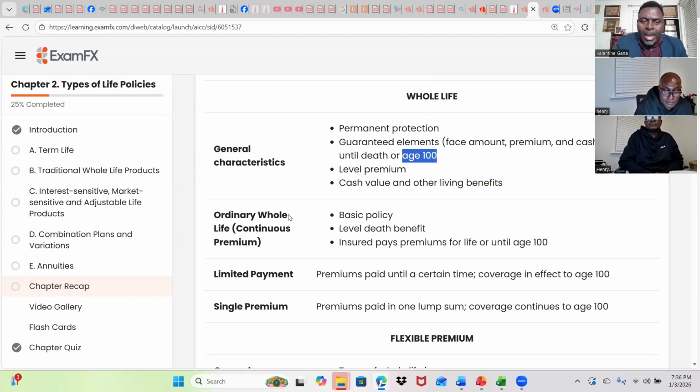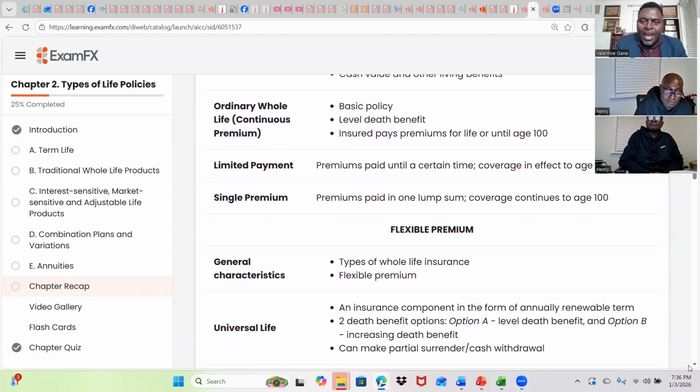So there's what we call ordinary whole life. Again, these are just variations of whole life. So you're not going to have any question on ordinary whole life. There's something called limited pay whole life. Sometimes you have a whole life policy which you can pay for 20 years and you're done. When they talk about limited pay whole life, they always refer to it as 20 pay whole life. Sometimes they'll say you pay for 20 years or you pay until age 65. And you stop paying and the policy lasts up to age 100.